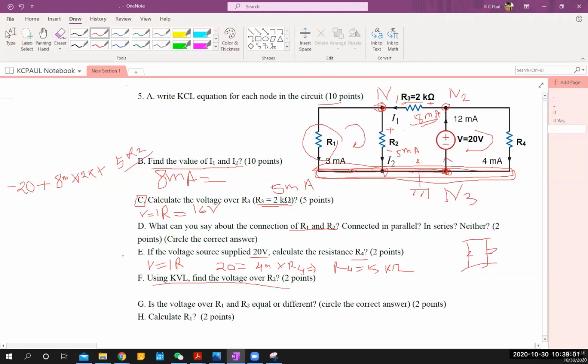Any problem to understand this problem E? And this one is basically here. Find the voltage over R2 here, R2 using KVL. Now that KVL, I'm again coming here. Start from any point and you already know the direction of current in every branch. So you know the notation, passive sign convention notation,